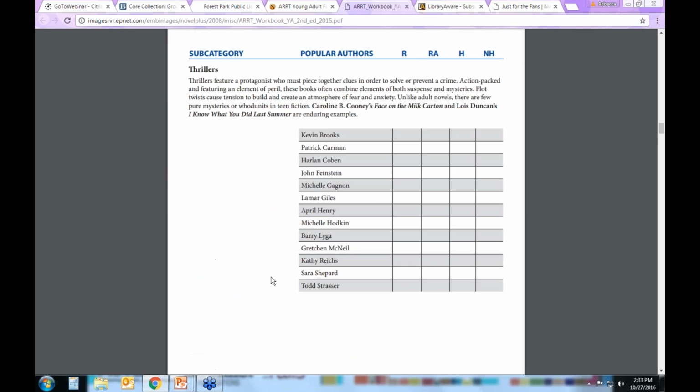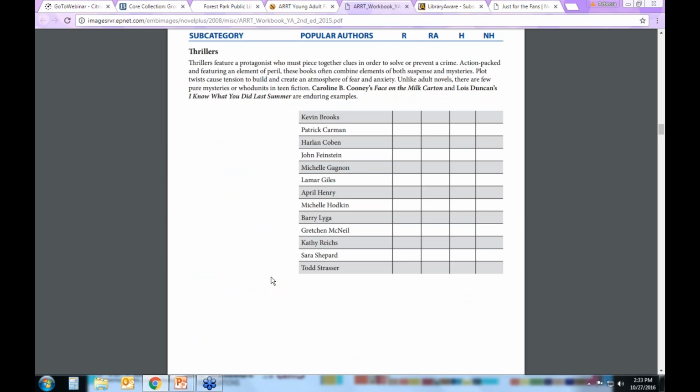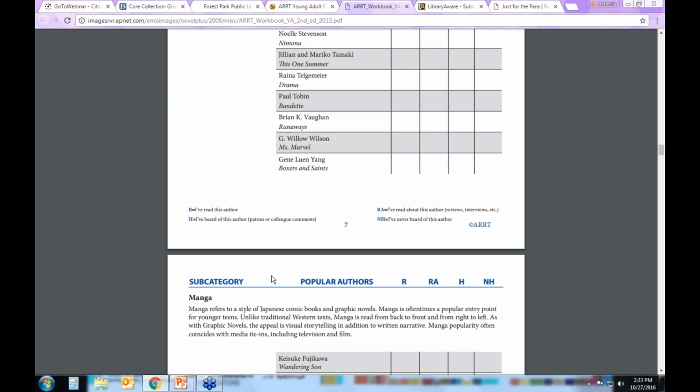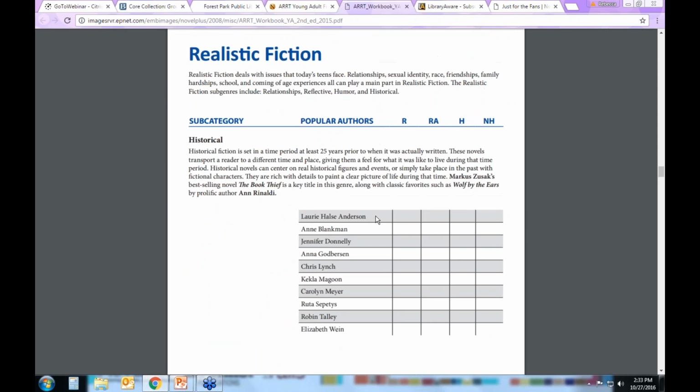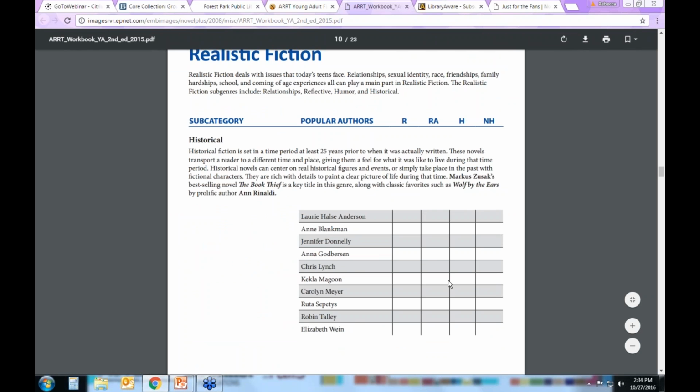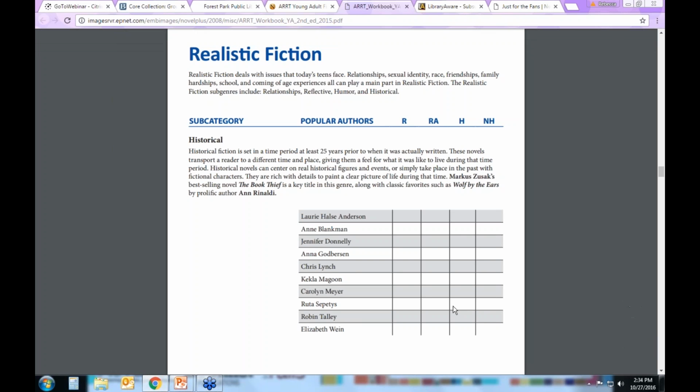So anyone who finds themselves getting questions about some of these authors and you're thinking, my gosh, I have never read a Laurie Halse Anderson book in my life, I don't know anything about her, this is a great way to familiarize yourself with these authors, and some of them can indeed be read-alike authors. Like I said, it's self-paced training. So this is an excellent way to start at the beginning and find out more about young adult authors. So I encourage everybody to go and take a look at that.